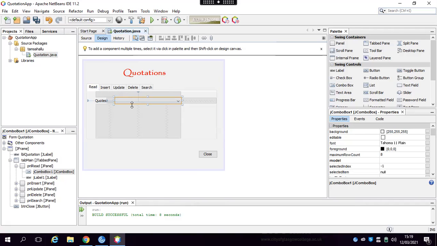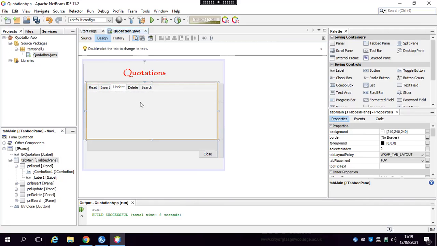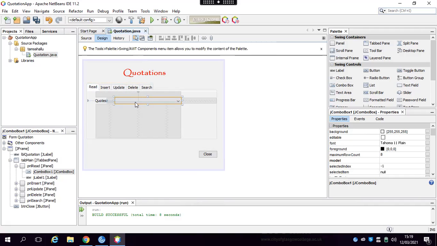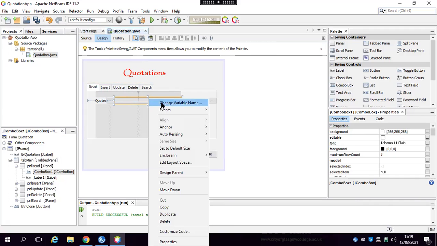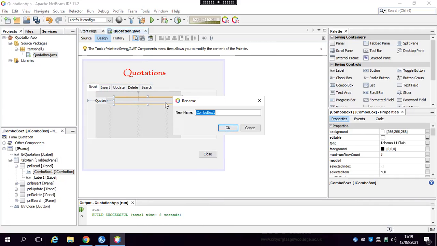Of course, you need to name those differently. In update, for example, you're going to have to allow the user to go and select one of the quotations that they're going to then update. So you'll probably have a combo in there as well. So the naming convention I'll use for naming my combos is I'll use them in conjunction with the tab name. So this combo here, I will change its variable name to read CBO and read